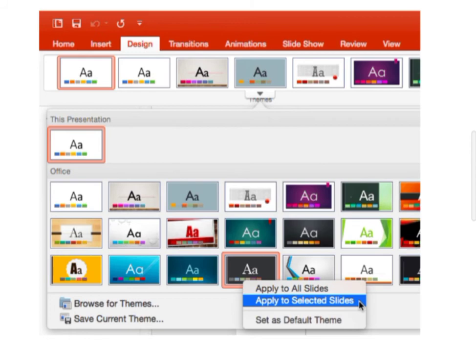In the Theme group, select the document theme you want to apply. Next, to preview how the current slide looks with a particular theme, rest the pointer on the thumbnail in the ribbon. Then you will be able to apply the theme on the present slide.